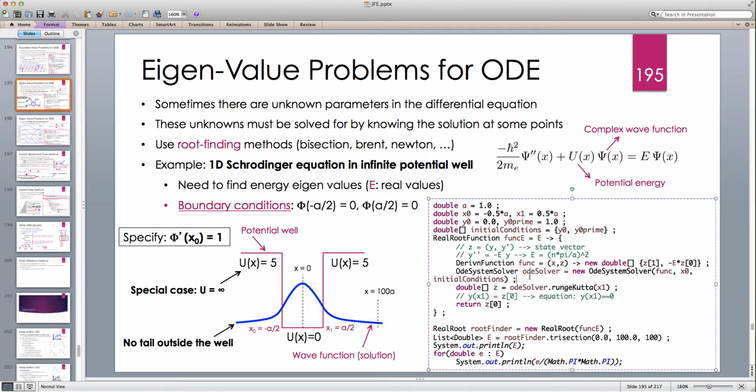So we again use our root finding algorithm to find the E by enforcing this equation, this boundary condition. And when we find E, we can then solve the ODE. Now, as you probably can guess, the electron in a potential well can actually have multiple energy levels, right? So we expect to see an infinite number of energies. The property that it should have is that these energy levels must be discrete values,